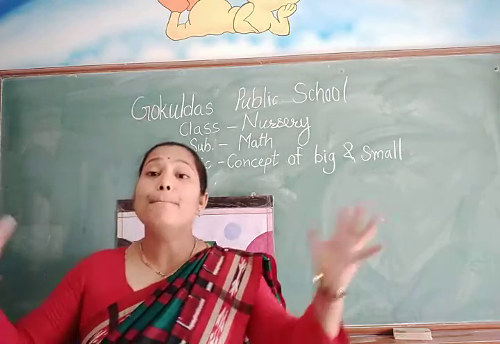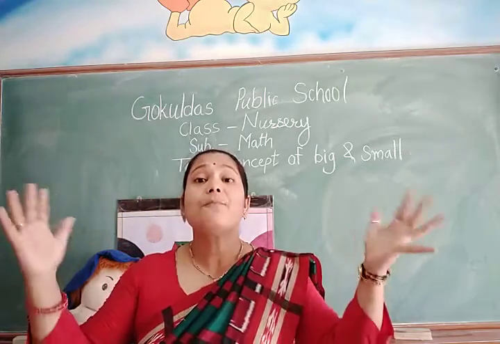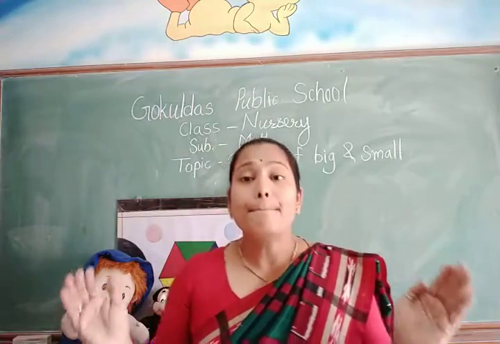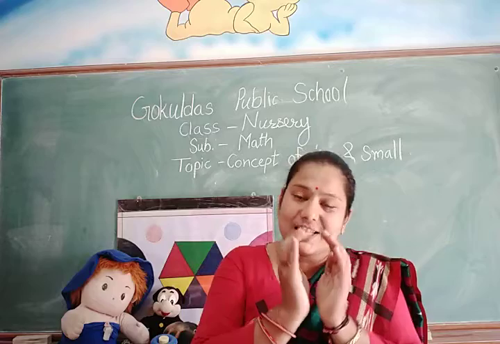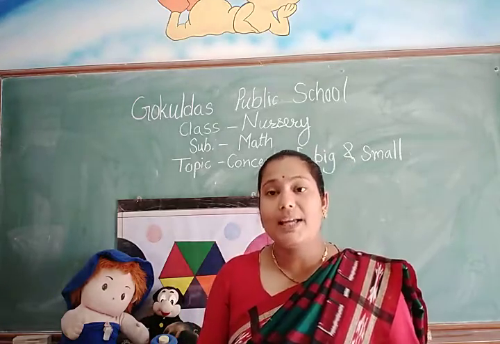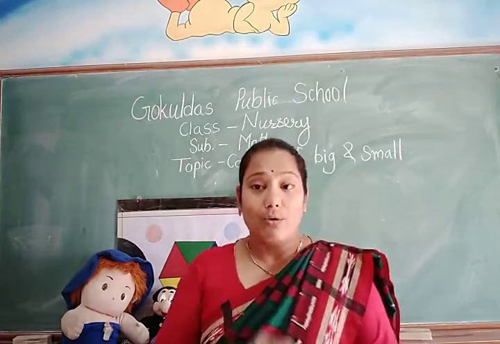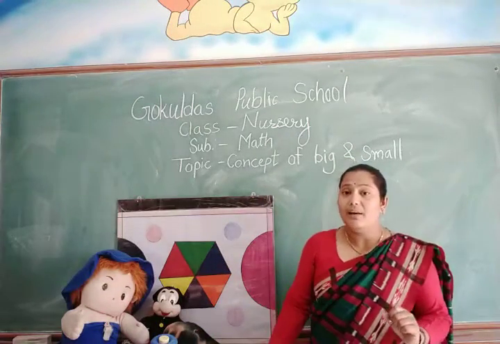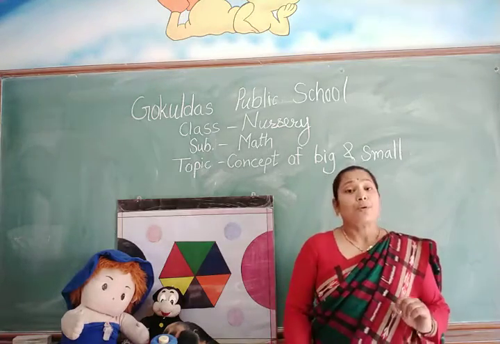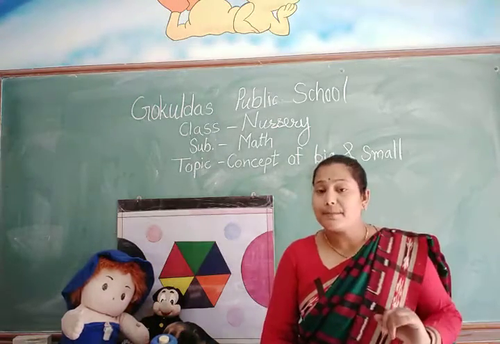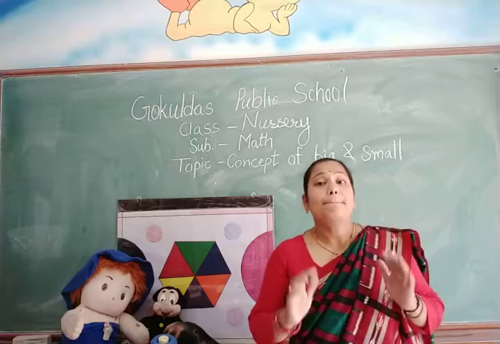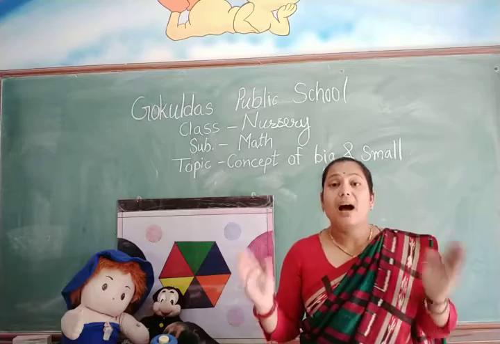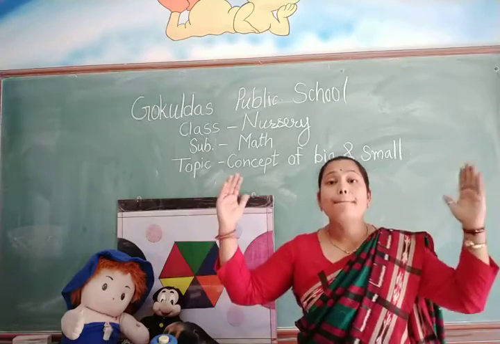Big means बड़ा, जो बहुत बड़ा होता है उसे हम कहते हैं बिग। And small means छोटा। Now you see, I will show you some objects. सबसे पहले आपको ये लर्न करना है कि बिग मीन्स बड़ा।